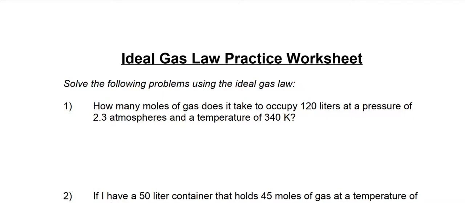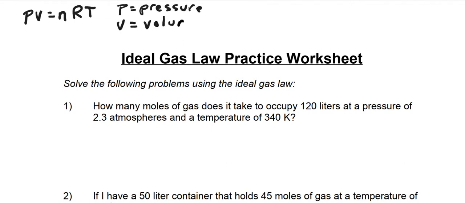Okay, so we're going to work on the ideal gas law. The ideal gas law is basically that PV equals nRT. P equals pressure, and V equals volume, N equals the number of moles, and R equals the gas constant, and that is